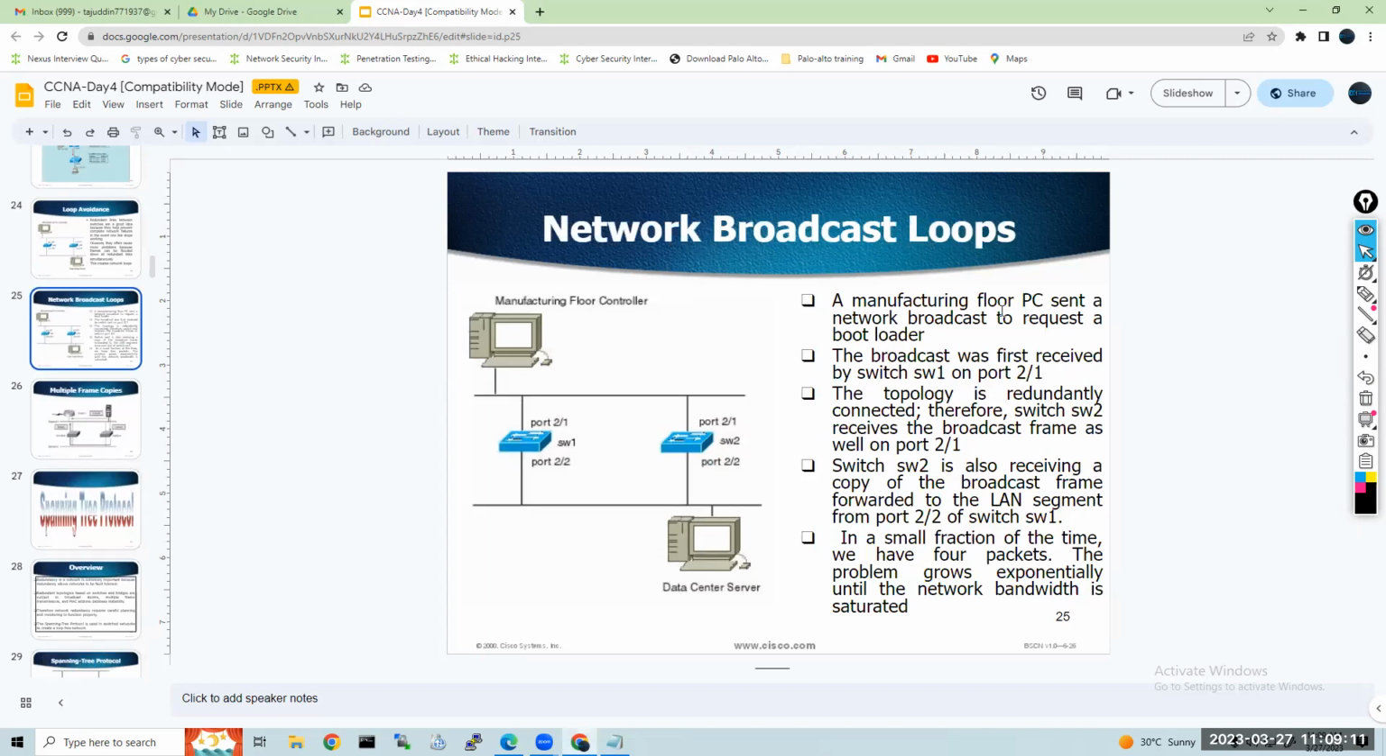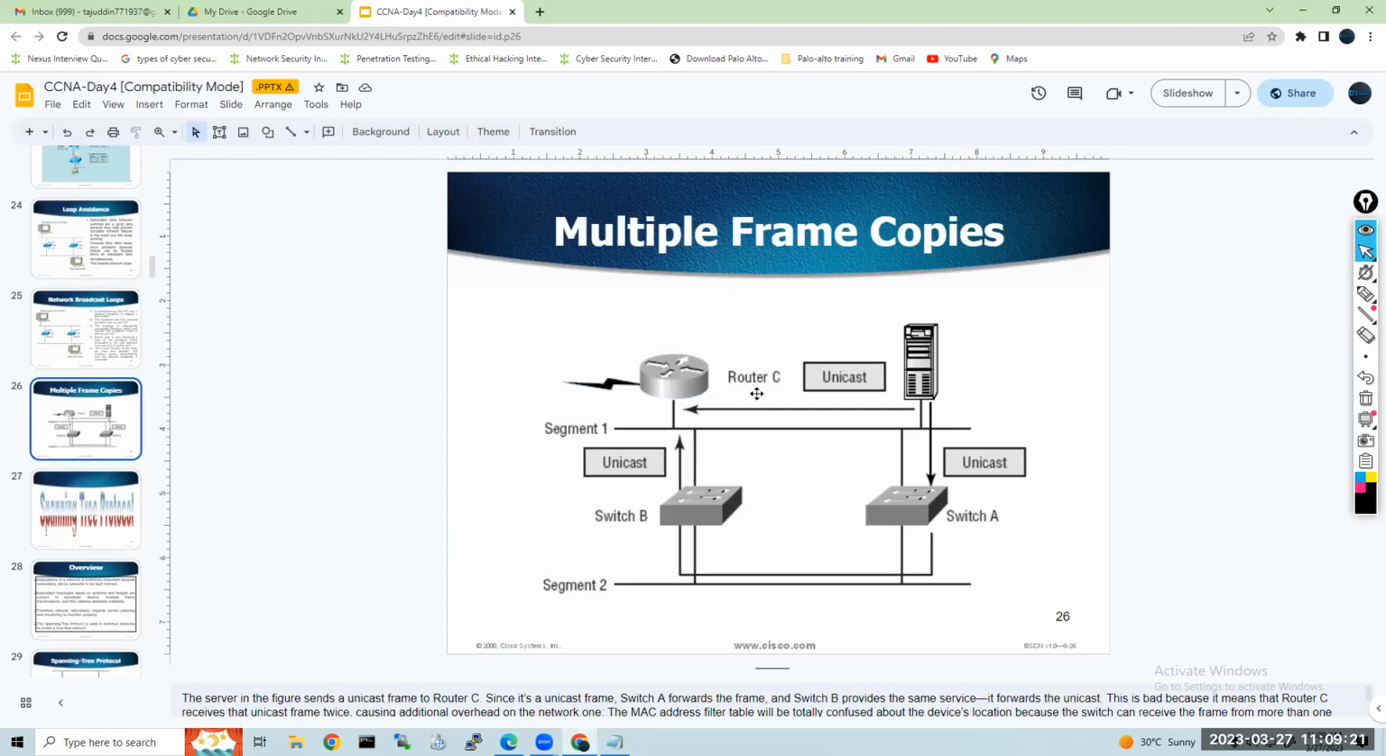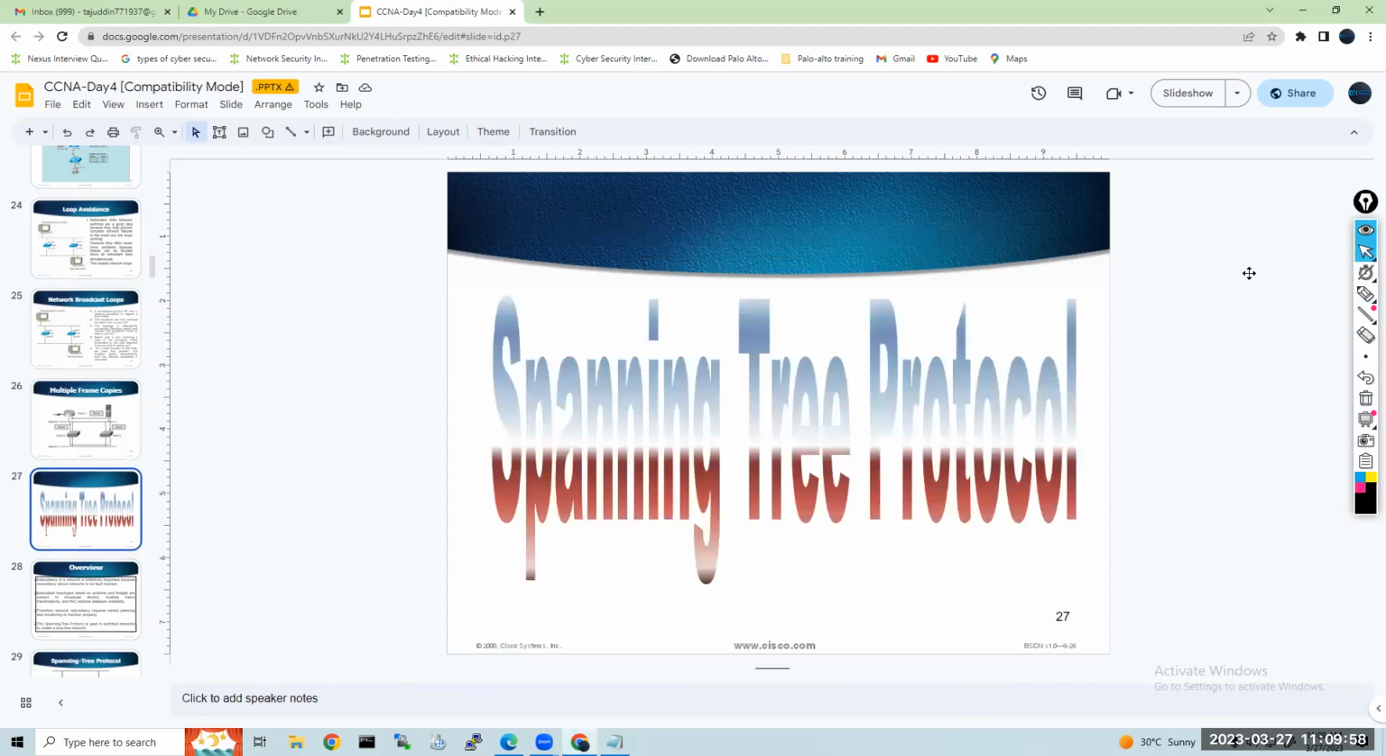So broadcast looping, what happened, guys? It keeps on rotating, each one communicating to the other, so it becomes a loop. If you see this diagram, router C has sent a broadcast message. When this server sends a unicast message to this router, it will send to the other guy. It also sends to the lower layer switches, and these switches send to this one, and again to this one. So it became a loop with multiple frame copies. We can see 1, 2, 3, they are repeating to each other. So to avoid this problem, they have come up with a solution,